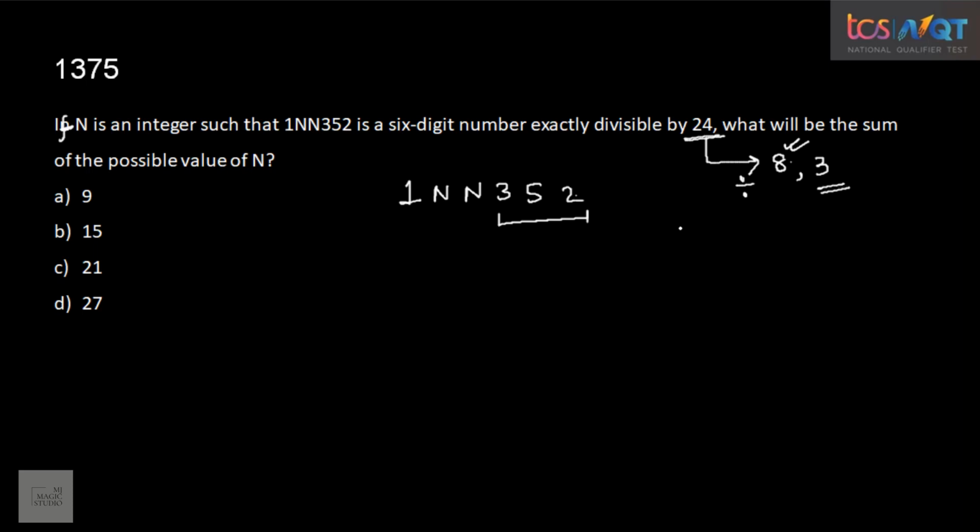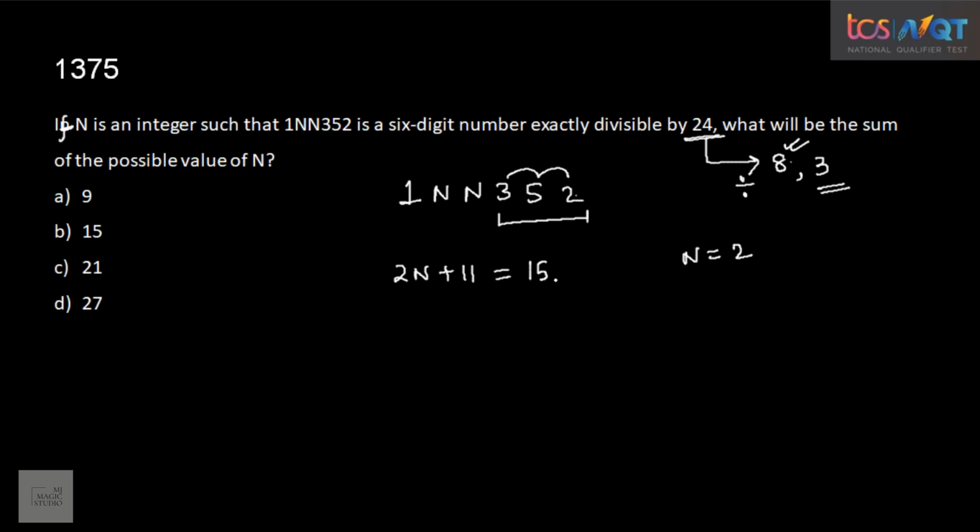Now we'll go and check it for 3. The rule for 3 is the sum of digits should be divisible by 3. Now what is the sum of digits? 8, 9, 10 and 11. The sum of digits is 2n plus 11. It should be either equal to 0, obviously it won't be 0, or it should be 3 or a multiple of 3. Now the next multiple of 3 greater than 11 is 12, but 1 is not divisible by 2. Then we must try only the odd ones. 15 minus 11 is 4. The value of n can be 2.